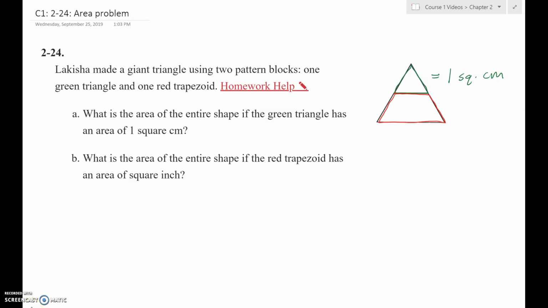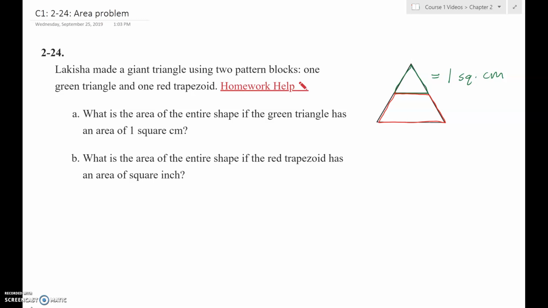This question comes from Course 1, Chapter 2, and it's a problem about area. It says, Lakeisha made a giant triangle using two pattern blocks, one green triangle and one red trapezoid. What is the area of the entire shape if the green triangle has an area of 1 square centimeter? So if the green triangle is 1 square centimeter worth of area,